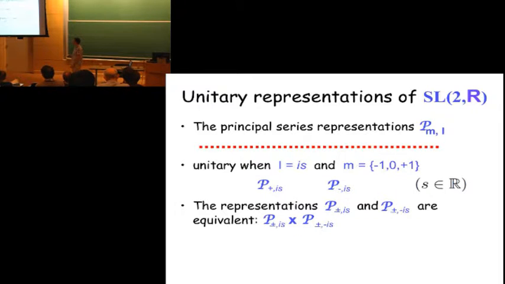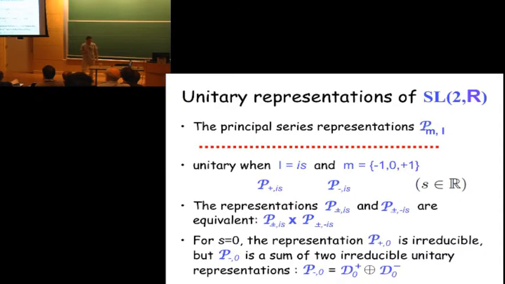Another useful fact is that representations obtained by switching the sign of s, or equivalently the sign of lambda, are equivalent representations. And finally, we see a connection to the discrete series representations D0 plus and D0 minus by adjusting the central character lambda of the principal series representations P plus and P minus